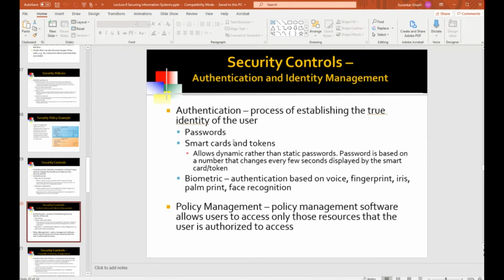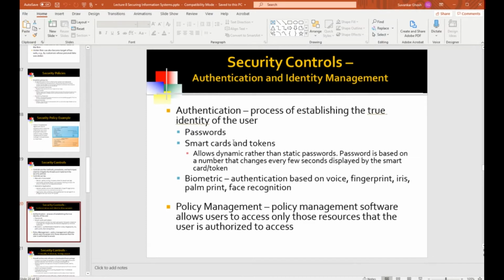So where is that randomly generated number coming from? It's coming from what's known as a token. A token is like a credit card, except that's the physical size of a token, except it has some electronics in it. And what that electronics in it is doing is generating a randomly changing number. It could be an 8-digit number. And so it's that 8-digit number that's being displayed, a random number.